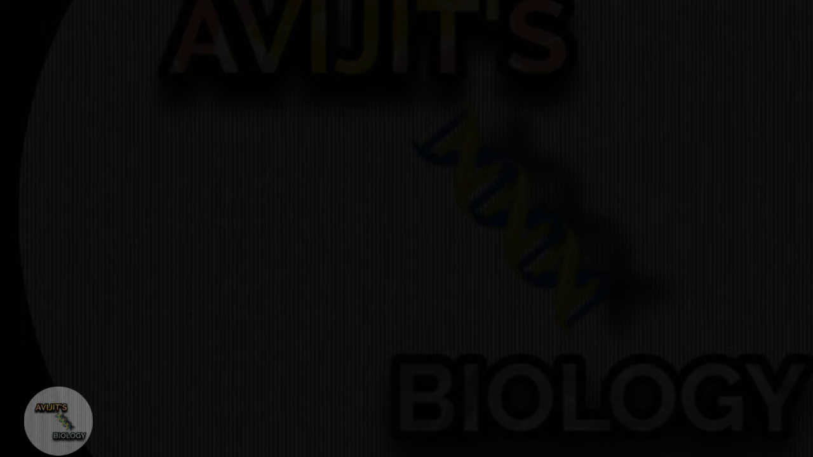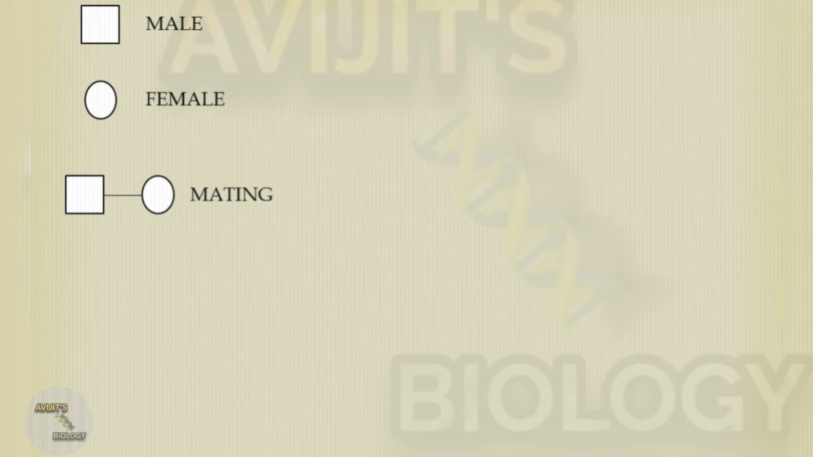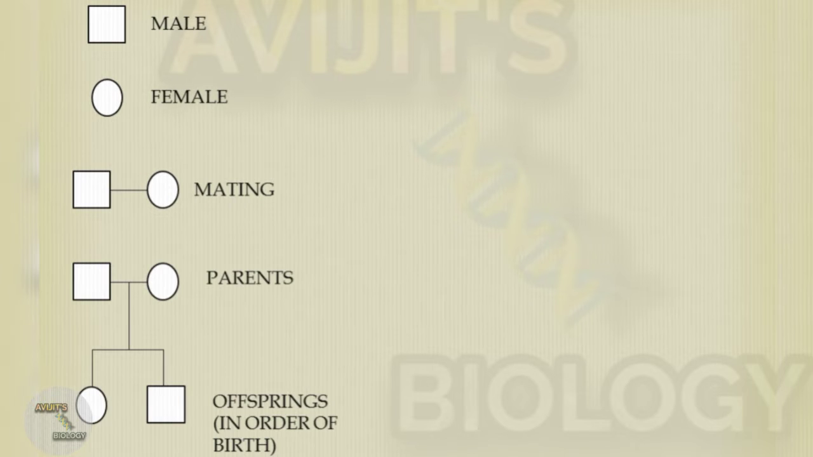Now I will discuss how we can make a pedigree chart. A rectangle symbol is used to represent a male and a circle symbol is used to represent a female. A line between male and female represents their mating, and this is how we can show parents and their offspring. Here the offspring are one boy and one girl, and the offspring are shown according to their birth order. Means in this chart it shows that the first offspring of the parents is the girl and the second offspring